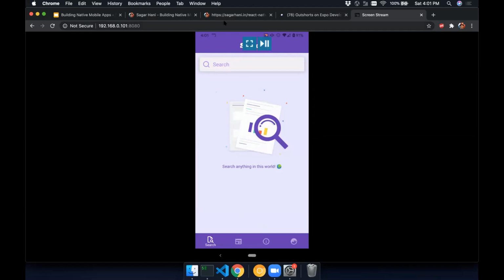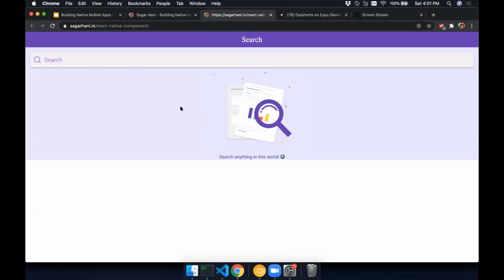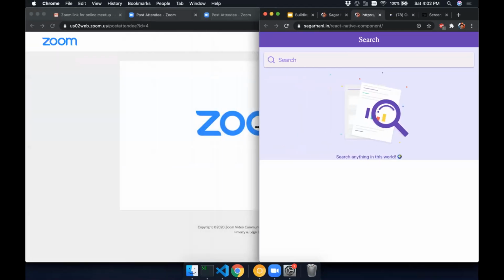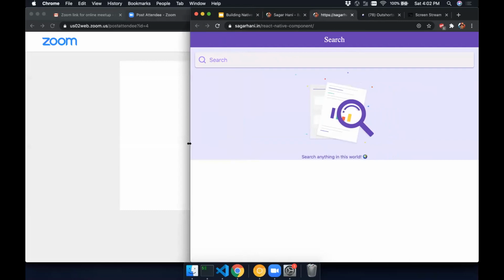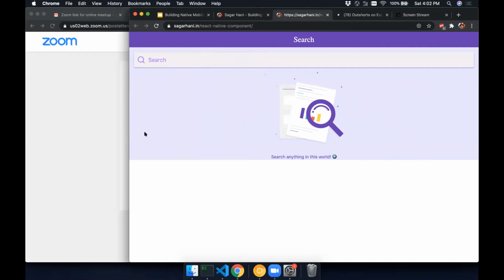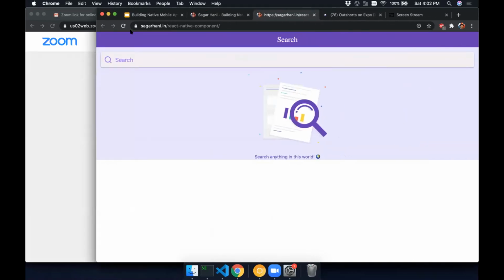And actually I have a Gatsby website, so I took the entire code and pasted it in one of my pages, and this is the output which I'm getting. And this is also responsive, since each and every element in React Native makes use of the display flex property. By default, all the components have flex. So that's why the web page is responsive as well.